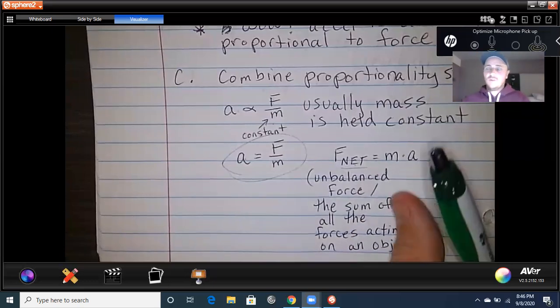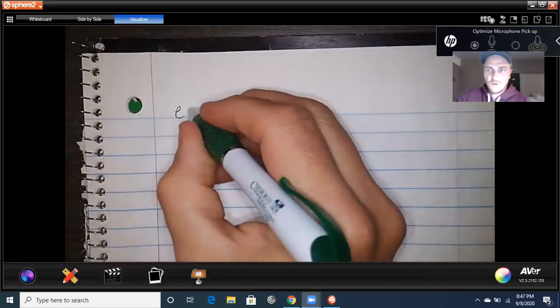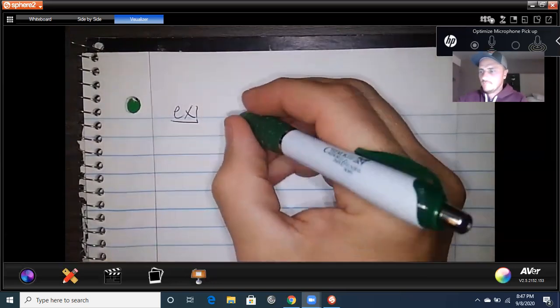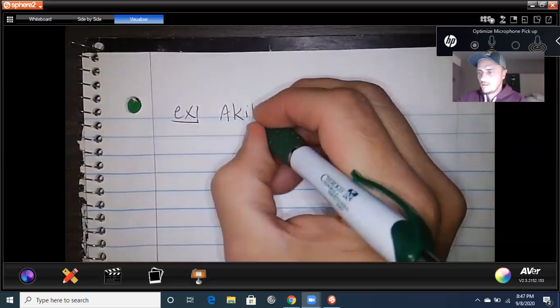Let's do an example with this real fast. It's not difficult. Okay, example. And then we'll get to the third law and we'll be done. Example. Let's say Akita,